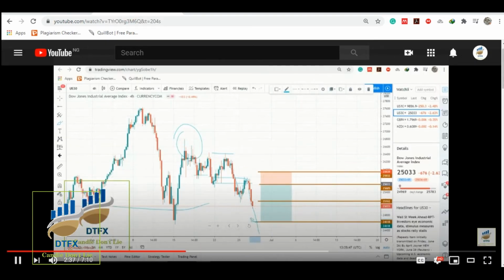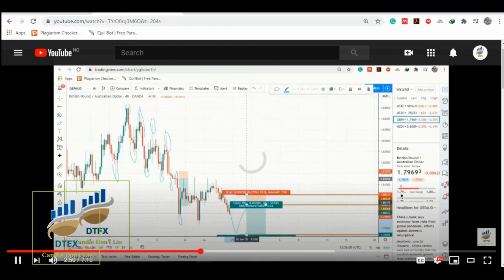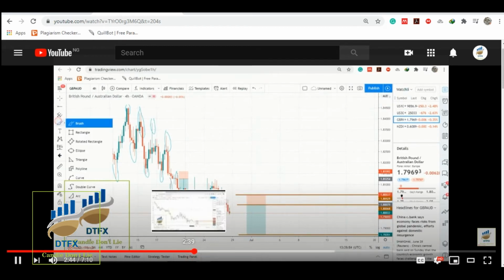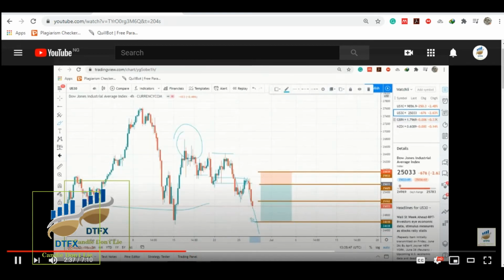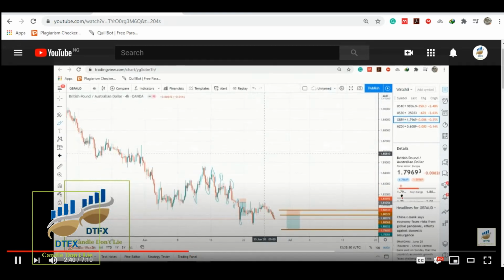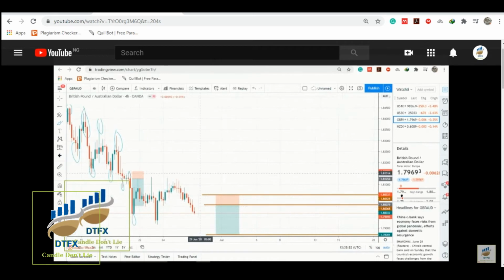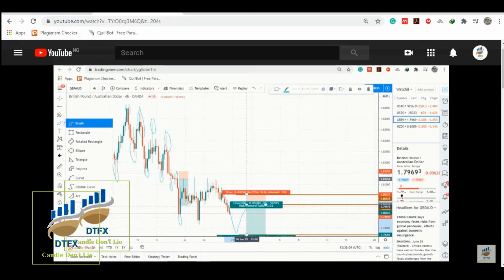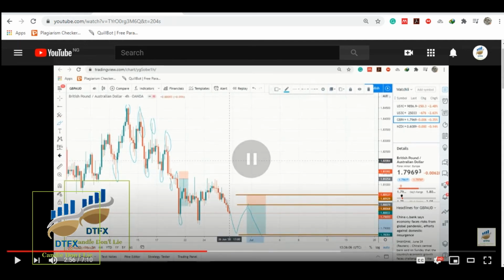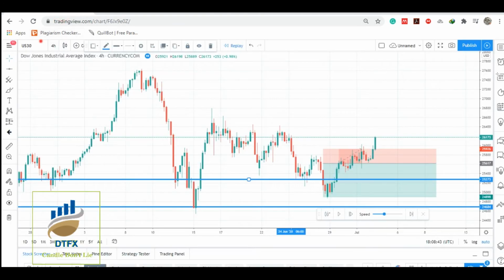So the next trade, on GBPAUD, we look for the trade to come down a little, then make a retracement to trigger us in, then down we go, down we go. So if you want to take the entry point for this GBPAUD,